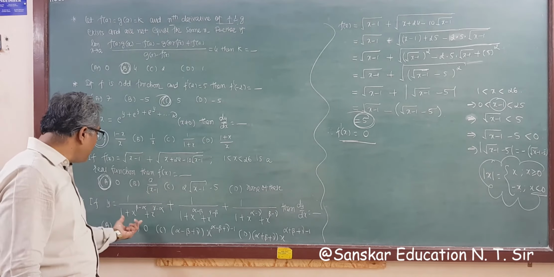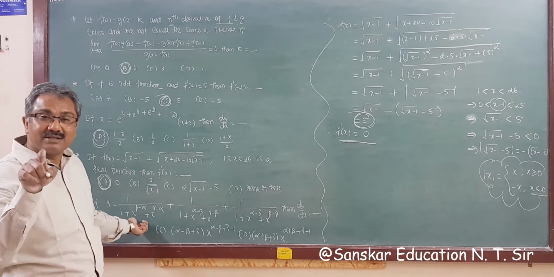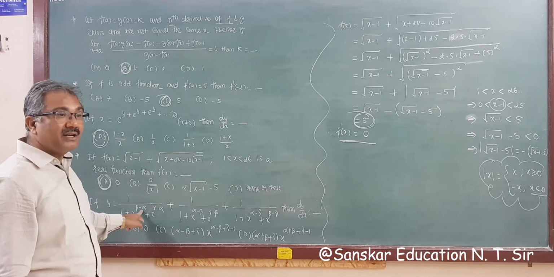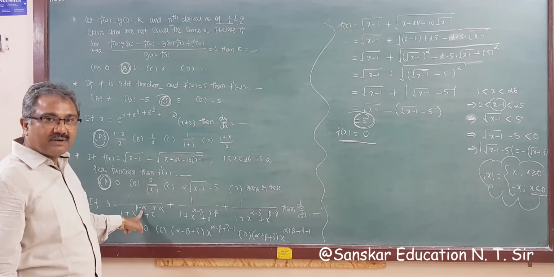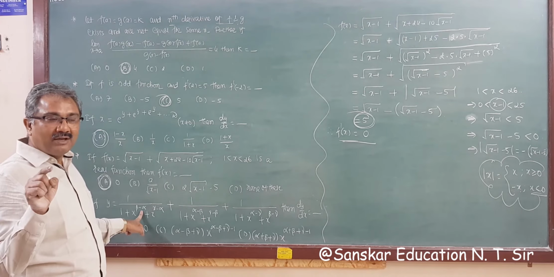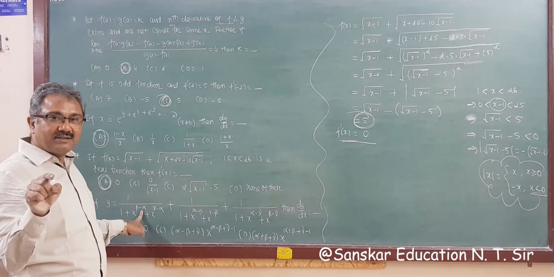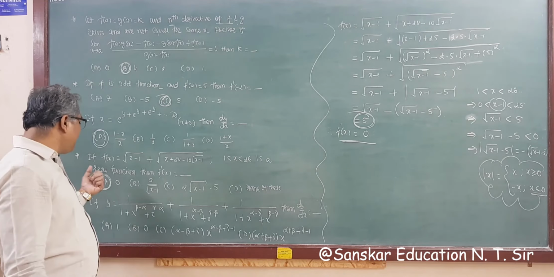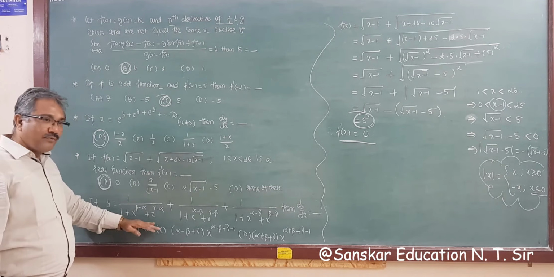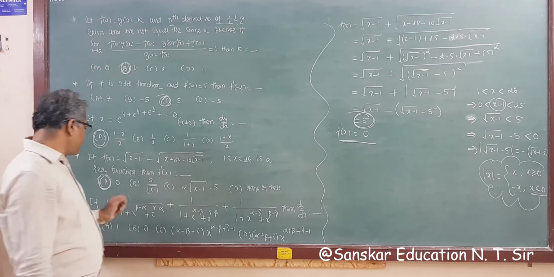Now this is 1 upon x. The derivative of 1 upon x is minus 1 upon x square. But then, this is a variable raised to a constant, so it's very tough, right? So you know what our dialogue is? Before differentiating, simplify the given function as much as possible. So first we try to simplify this function. So what is the answer?